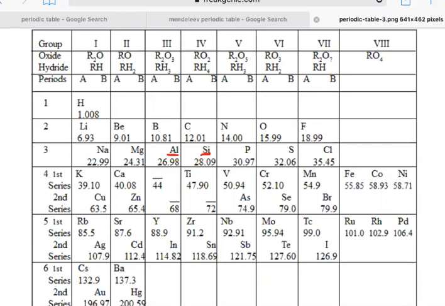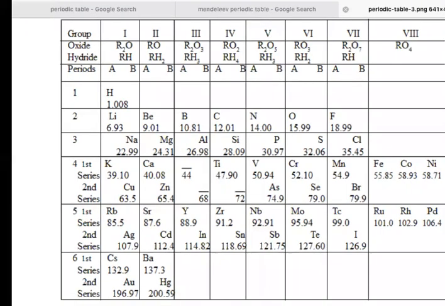So you can imagine how many years it has been. 1913 and 2013, so 100 years and plus another few years. So you can see that Moseley put forward his concept, and he said that if you look at the periodic table, it is actually based on the atomic number.